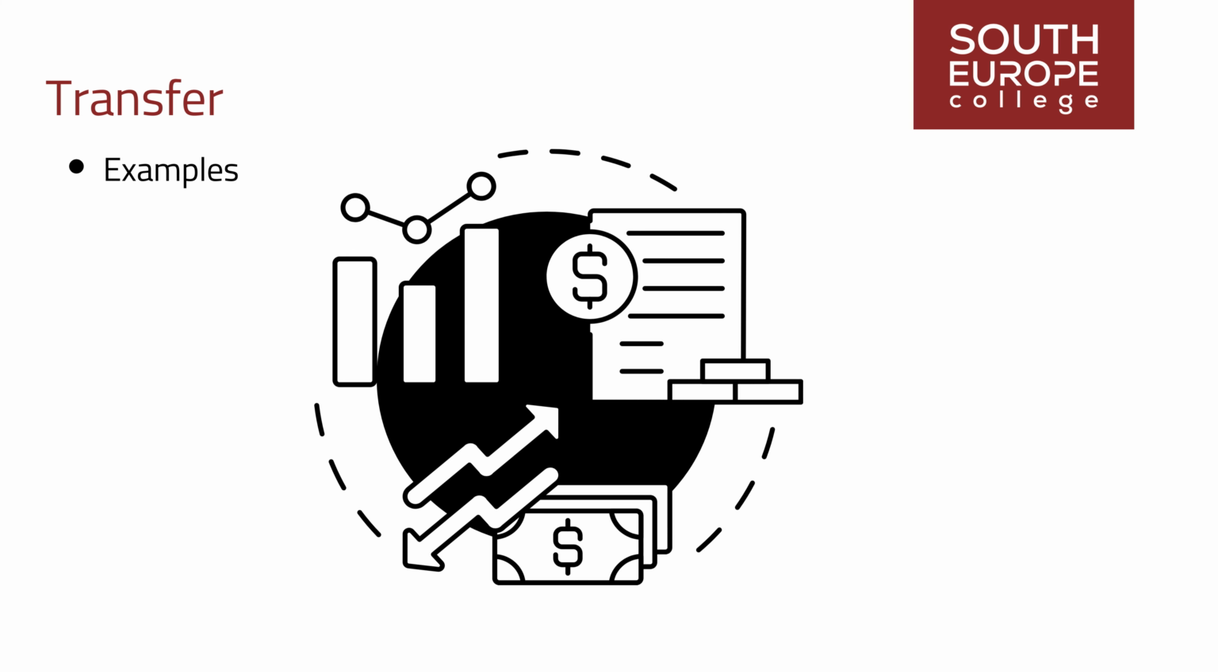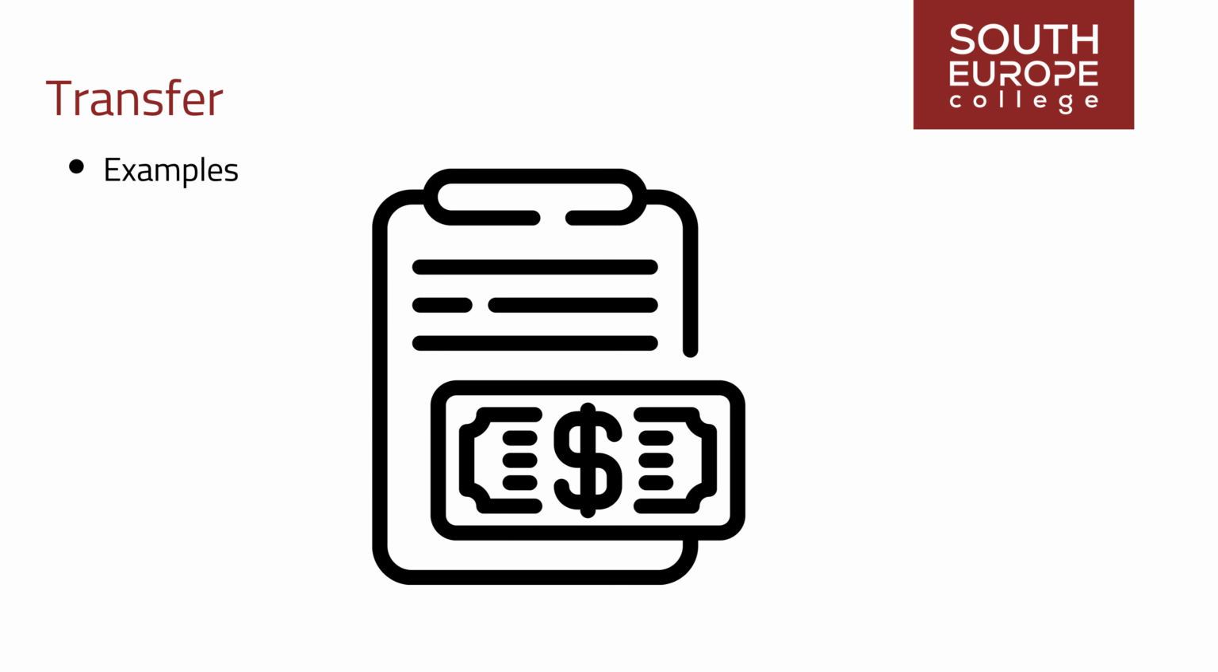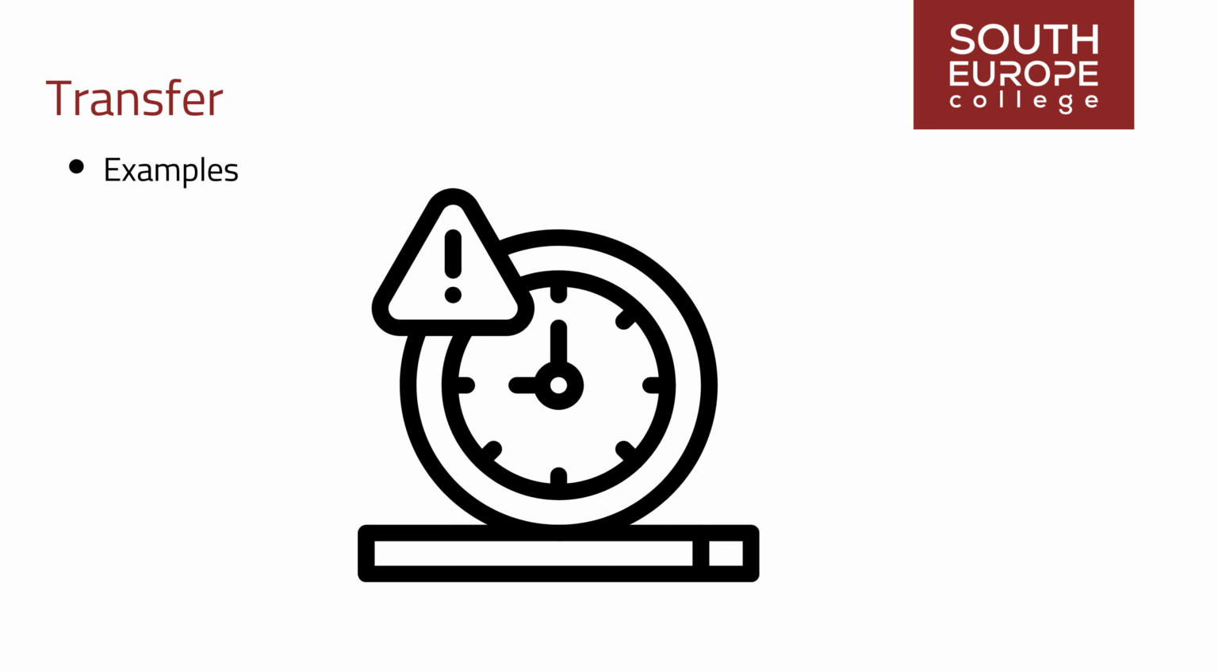A construction project faces a risk of cost overruns due to fluctuations in material prices. To transfer this risk, the project owner enters into fixed-price contracts with suppliers, shifting the responsibility for cost variations to the suppliers. Example 2. A software development project identifies a risk of project delays due to the